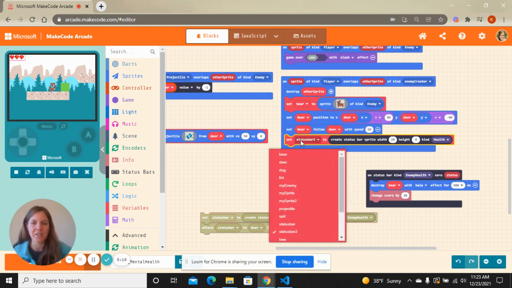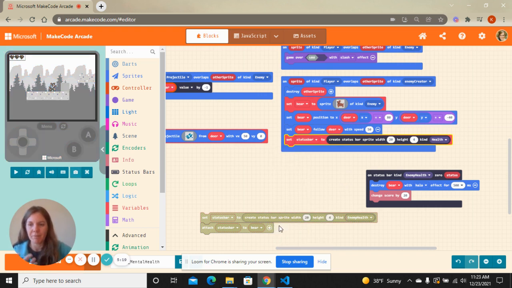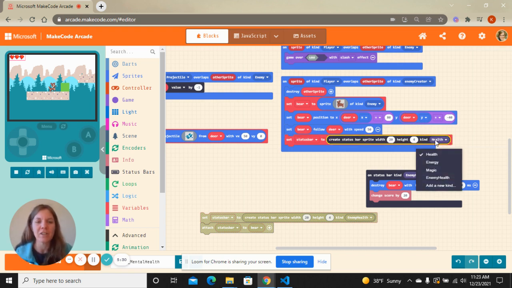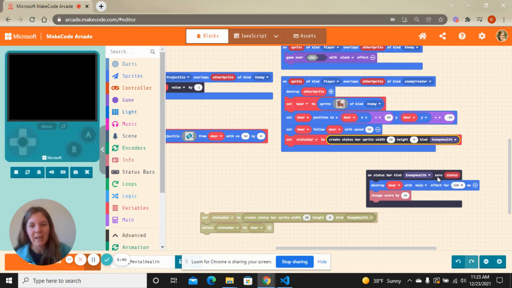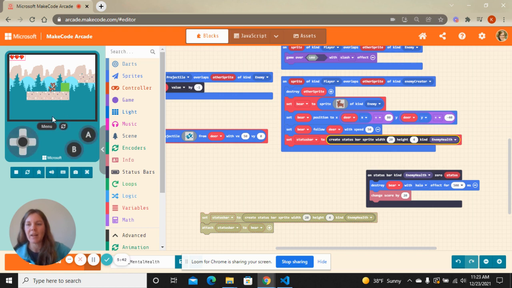So here you want to set your status bar. You can keep the variable status bar because that's what it is, and you can play with the width and the height of it. The default is 20 width by 4 height, but whatever you want. And then instead of health, I'm going to change this to enemy health, which is one of the ones it comes with, but you could do energy, you could do magic, whatever. You could add your own kind, but I'm going to do enemy health because that is what that is. And then when I create that,